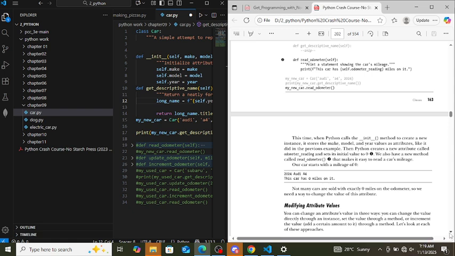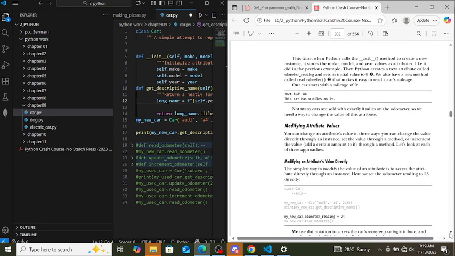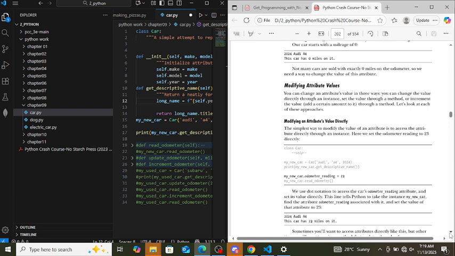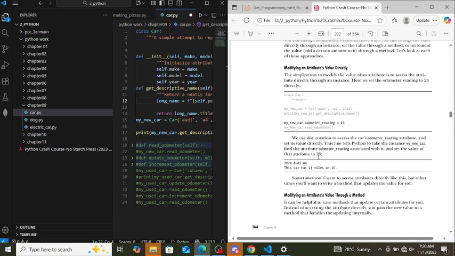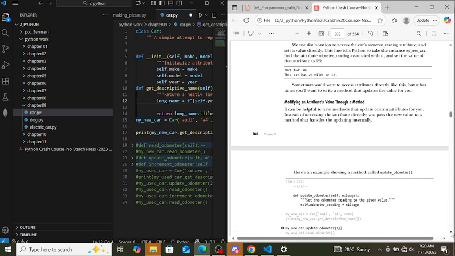Then we have modifying attribute values. You can change an attribute's value in three ways. You can change the value directly through an instance, set the value through a method, or increment the value through a method. So we have different approaches. Modifying an attribute's value directly: my_new_car.odometer_reading equals 23. This is modifying it directly. Then if you modify it through a method, it'll be